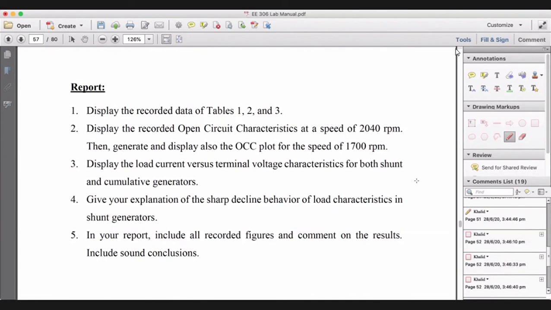One characteristic is the basic variation of the field with voltage, which is a straight line, then saturation, the open circuit characteristics. And the second is the terminal characteristic, where the voltage is there, but the voltage drops because of the load. This is known as the terminal characteristic, a linear curve going down. This will be the characteristics of the generators. Maybe one generator has steep characteristics, one generator has flat characteristics. This is between different kinds of generators, but the overall trend is always the same. The terminal voltage drops with the connection of the load.